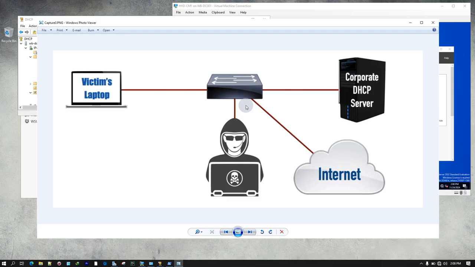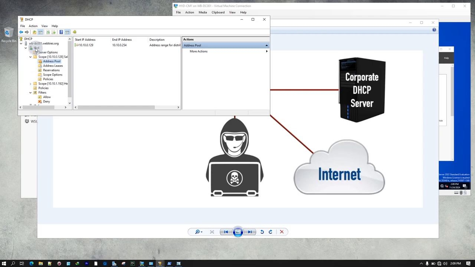So we want to think about DHCP snooping, which is configured to tell your switch which port is a trusted port and which one is an untrusted port. Another layer of security is to configure a DHCP authentication protocol and ensure that it's secure, to configure a DHCPv6 guard, or to perform a regular audit to see if there's suspicious